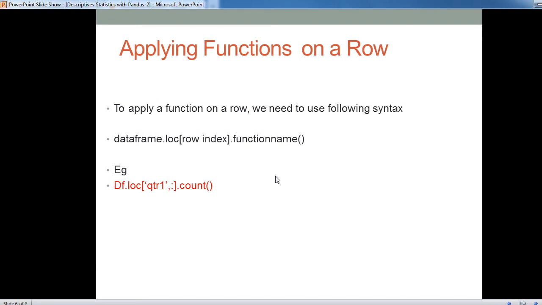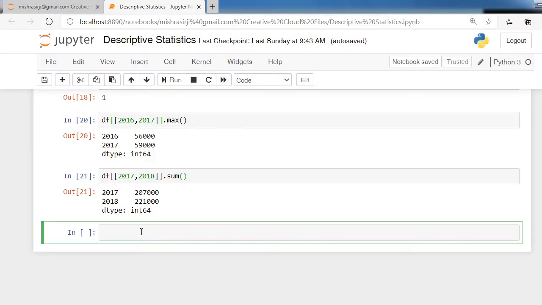Applying a function on a row. To apply a function on a specific row, we need to use the following syntax: name of data frame dot loc in bracket, name or index of that row, dot function name. Now see how to apply any function on a specific row.